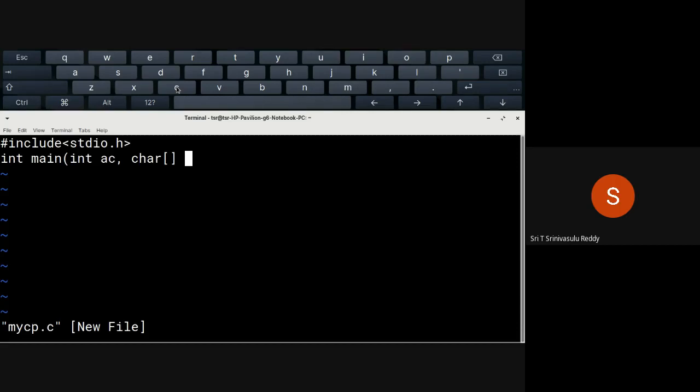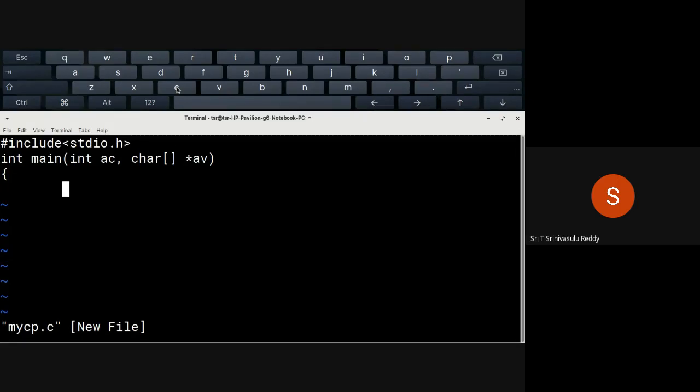An array of words actually. So a word is a pointer to a character. So you'll have to specify star followed by AV, argument vector. The name can be anything, I'm just using argument vector AV like this. This is how you'll have to specify.